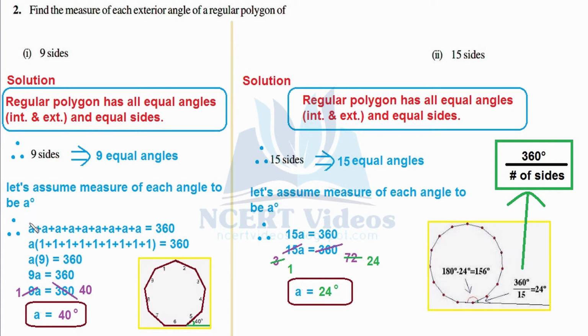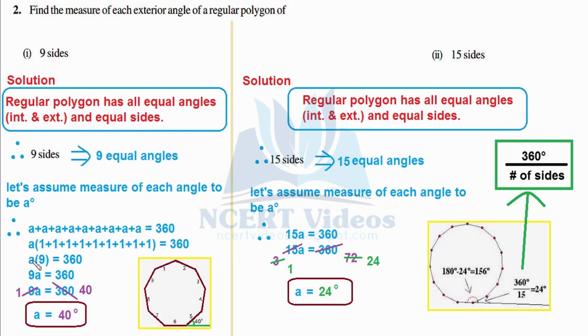Therefore we can write a 9 times, that is, we are going to add them up because we know the sum of all the external angles will be equal to 360 degrees. Hence we wrote a plus a plus a, 9 times, equals 360 degrees. Now we can take a as common. Here, what should be multiplied with this a in order to get a? It is the multiplicative identity, that is 1. So a ones are a, again plus, a ones are a, and so on, equal to 360 degrees.